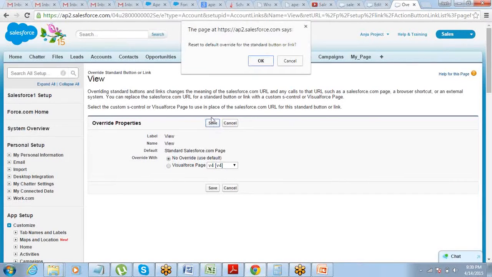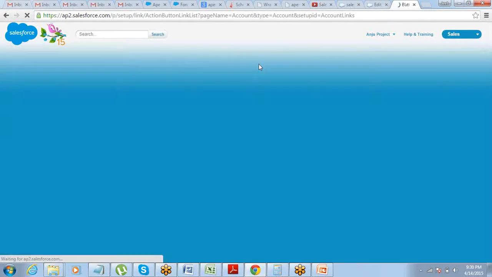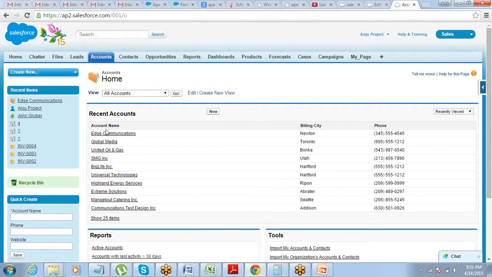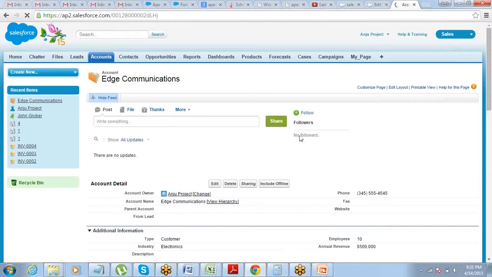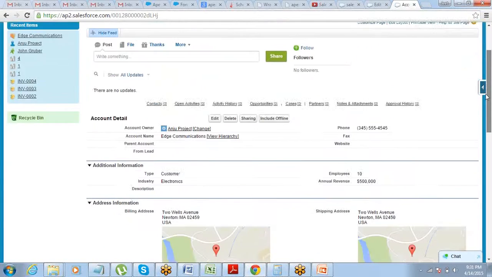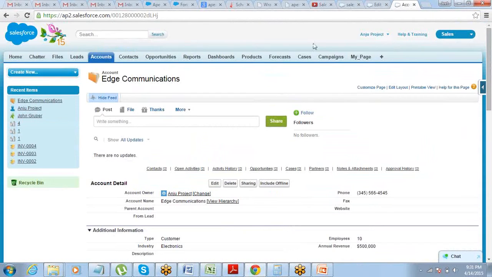So it is reset to the actual salesforce.com standard page. That part is done. Now if I try to open an account, it will open in the standard format as usual. It opens in the standard format.